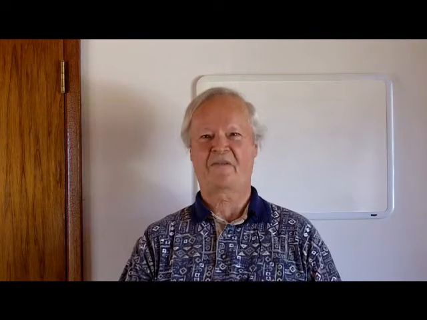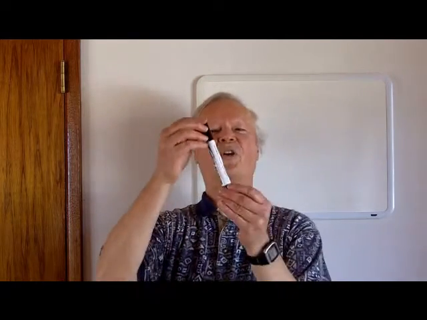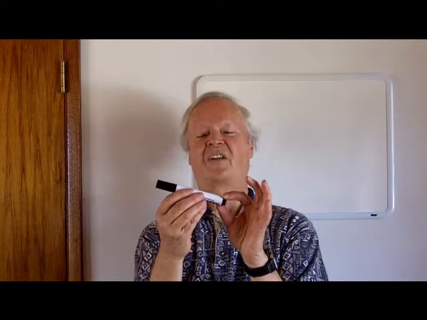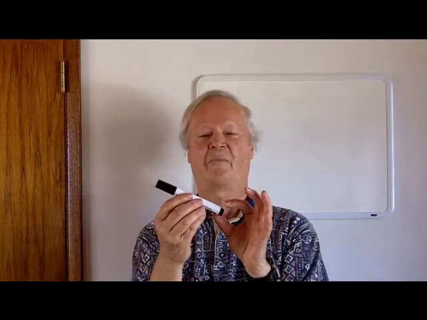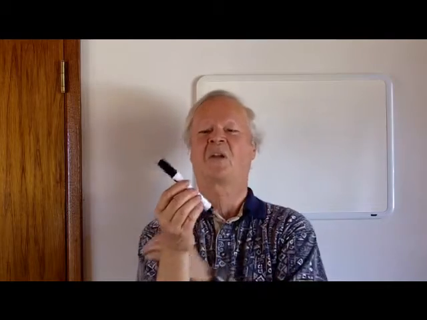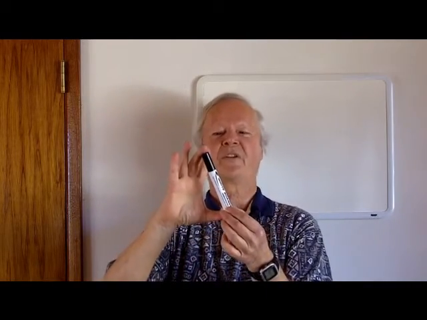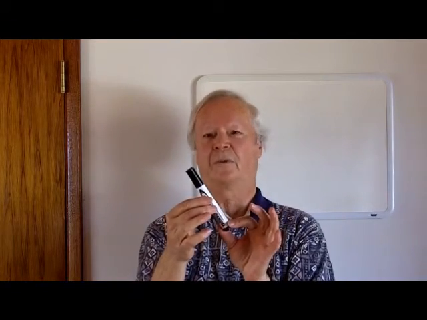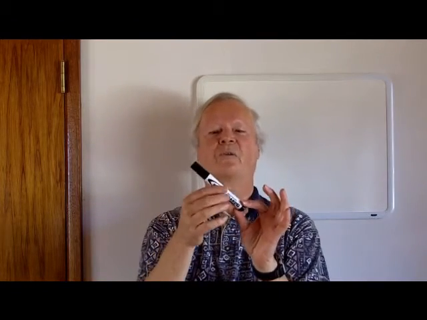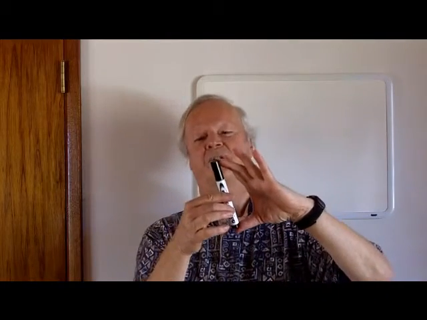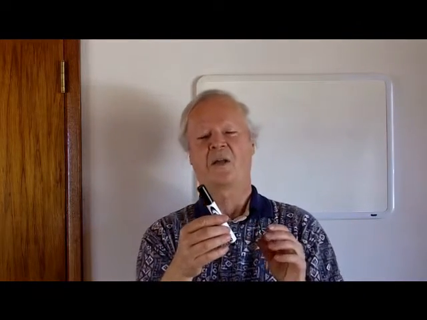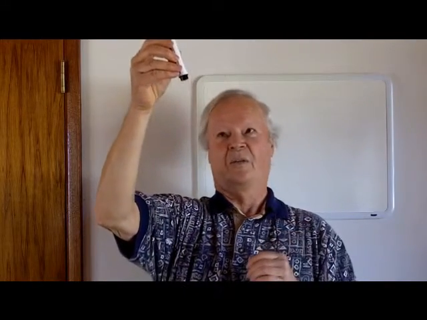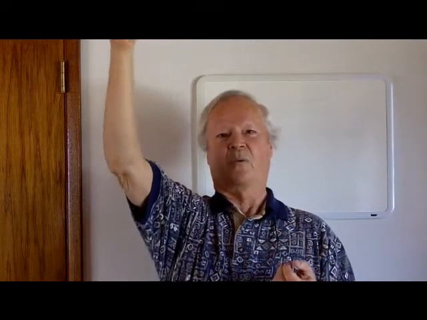Let's do another gravity experiment. This marker has a certain amount of mass. And we know from Einstein's E equals mc squared that mass is also energy. So this marker has quite a bit of energy. In fact, we could use this energy as fuel. And we could turn this marker into a rocket ship and use the mass energy as rocket fuel. And if we do that, we could accelerate this marker, burning its energy as fuel, away from the universe.